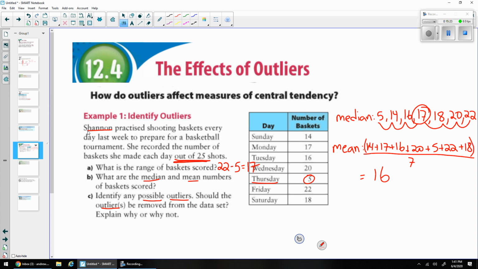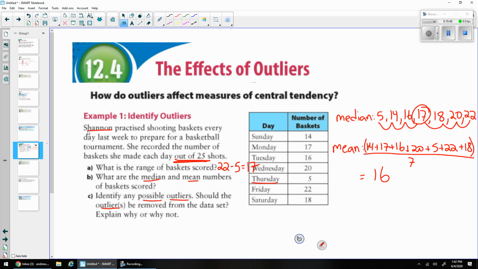Well, it doesn't mean it should be removed just because it's low. If an NBA player has a really bad game and his stats are really bad, people don't just say, "Oh, well, remove that game from his stats," because you need all the stats, both the good and the bad games, to make up a person's total average of their stats. So it doesn't mean we should remove this, but it is interesting to see that if we did remove it,